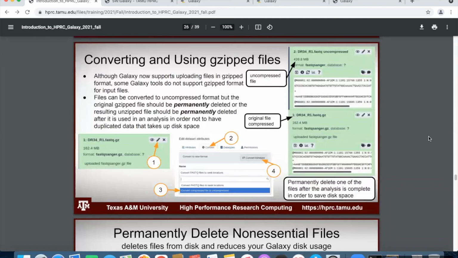All right. So when you upload files, they will stay in the gzip format. The earlier version of Galaxy would unzip the files, and then they would be in Galaxy as FastQ. So in order to save disk space, Galaxy now preserves them in the same format as you upload them. Some tools will accept the gzip format, some tools will not. If a tool does not accept gzip format, then you'll need to uncompress the input file and use that